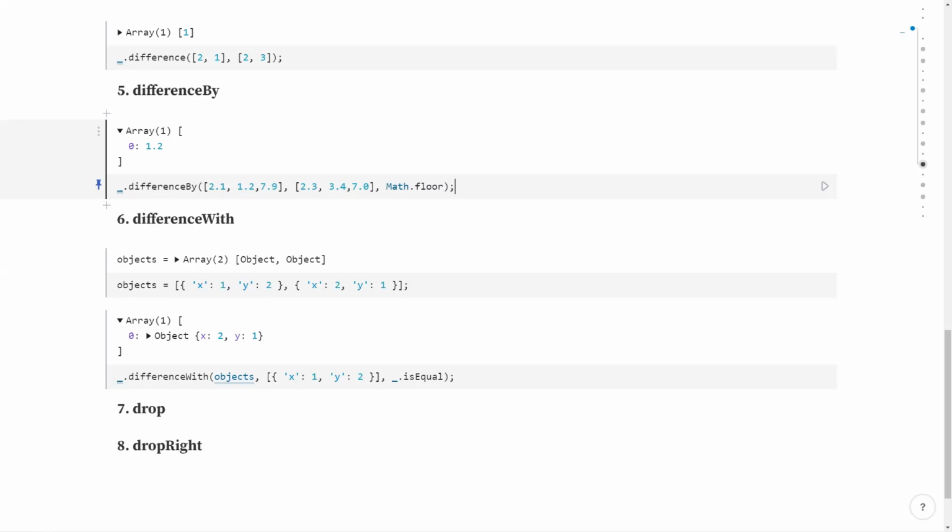You can see differenceBy with one more example, which is having an array of objects.